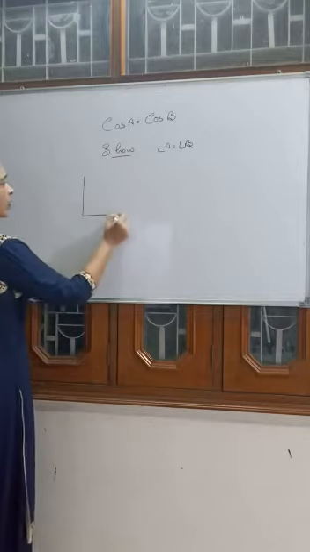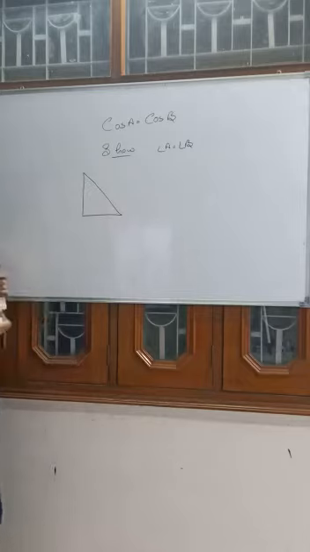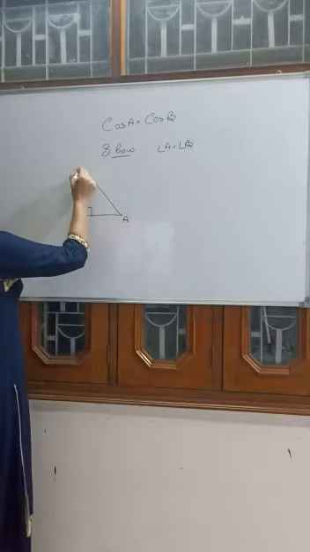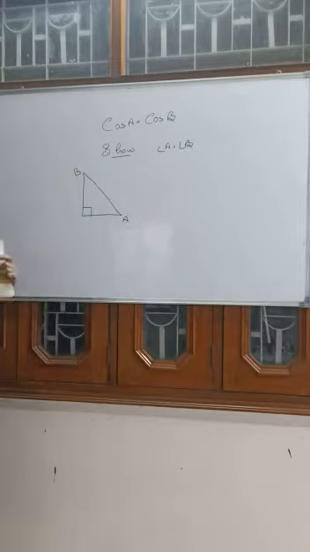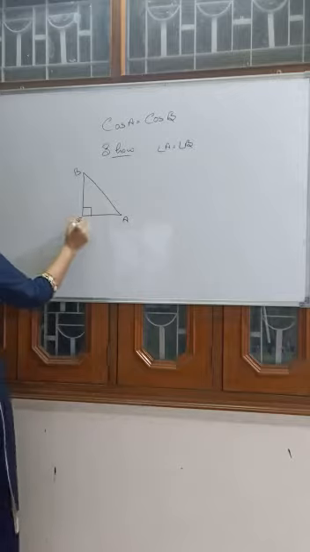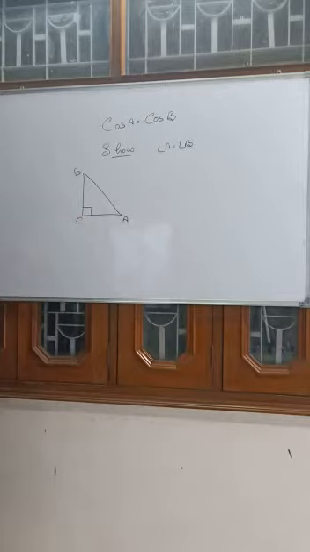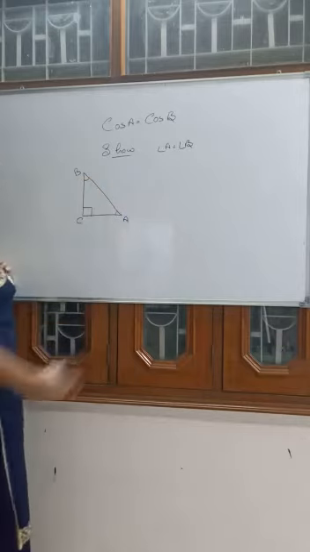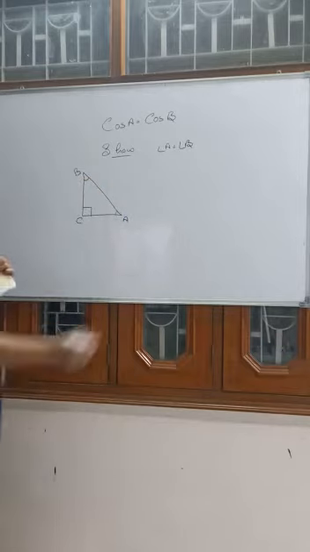Let's first draw a right angle triangle. In this triangle, A and B both are acute. This is the right angle. Then here we can take A and B; you can interchange them both. It will be C. Clear? Now, A and B both are acute. It is given that cos A equals cos B.